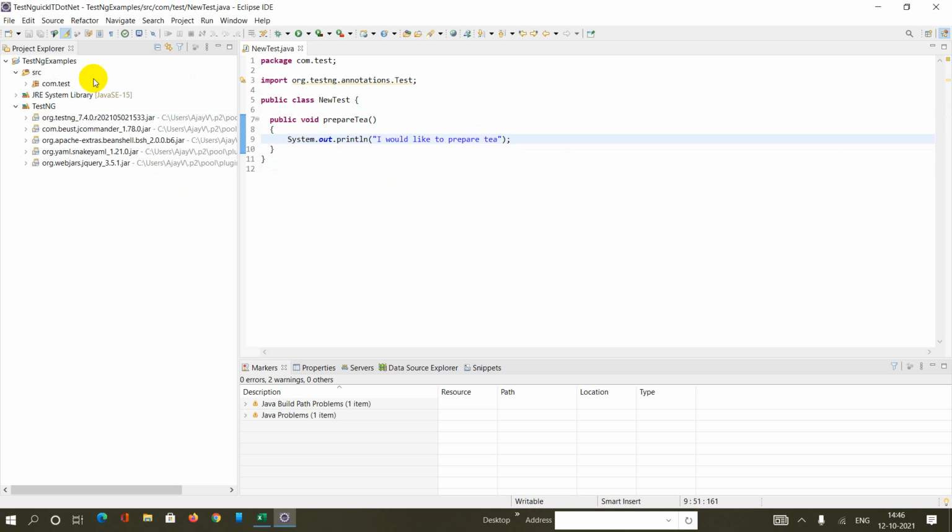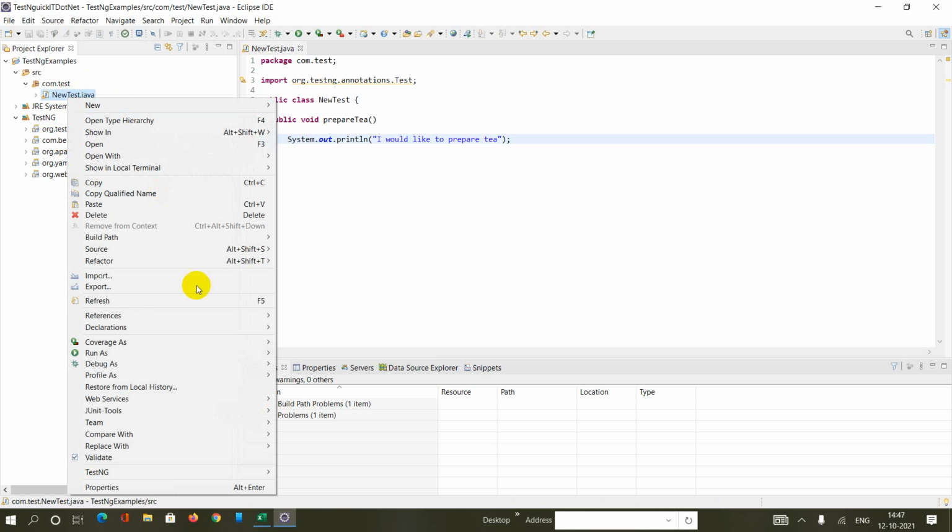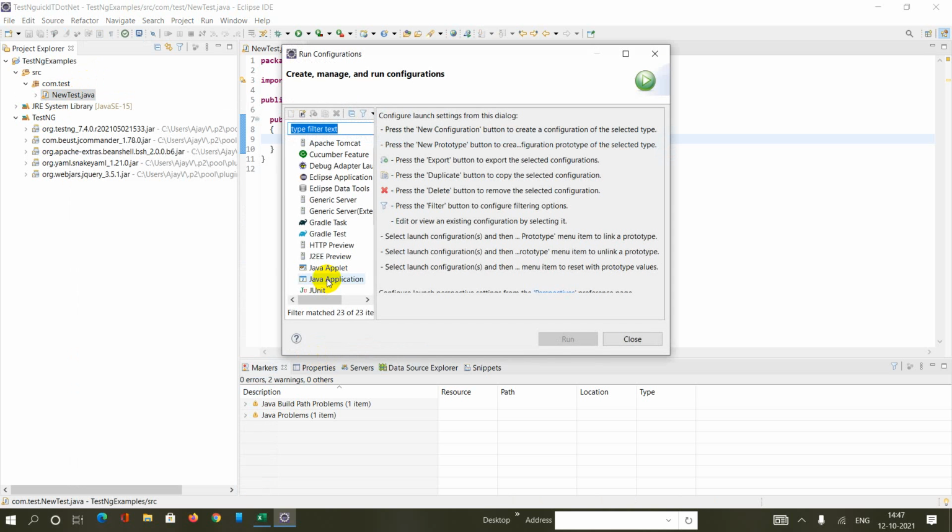So how can I run it? Simply go to the class level and click on Run As. I can click on Run Configurations, and you will find TestNG over here.